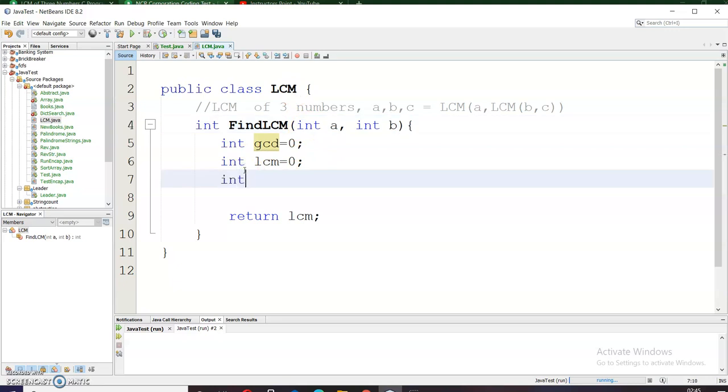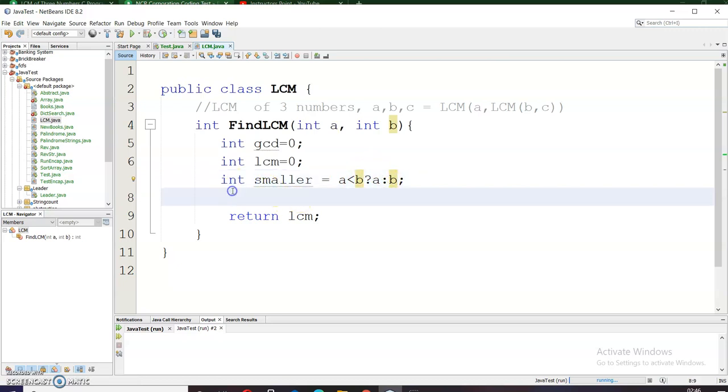So int smaller equals A less than B question mark A colon B. This is a conditional operator: if the condition evaluates to true, our answer will be A, otherwise the answer will be B.